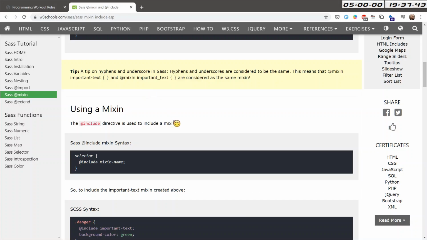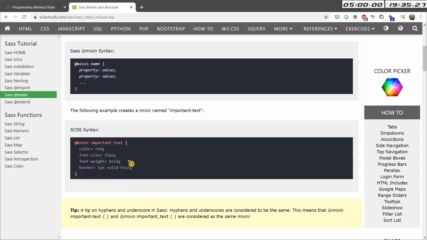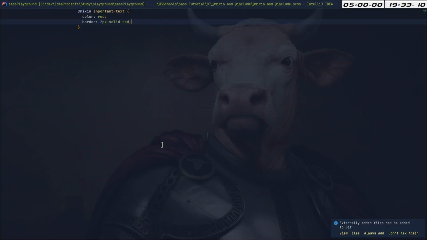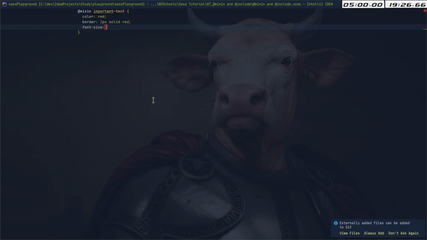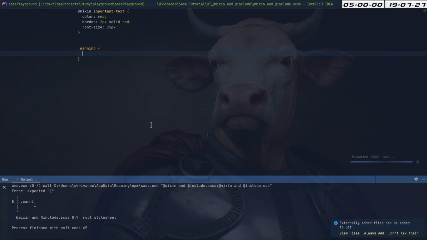And then, so we did define this. Font size. Yeah, we can do font size, and that will be 25 pixels, for example, and that's it. And maybe I'll say this will be warning, and that will be, we will say,